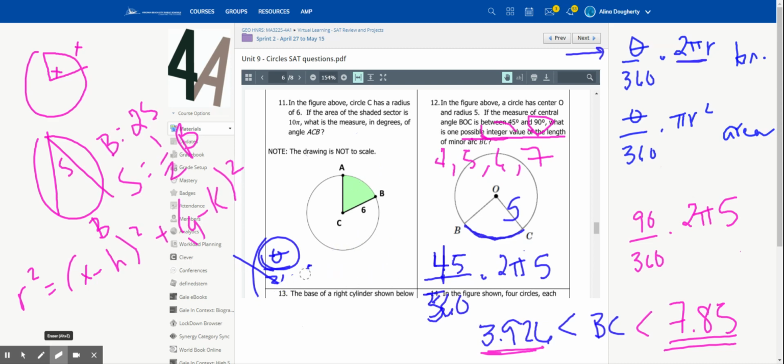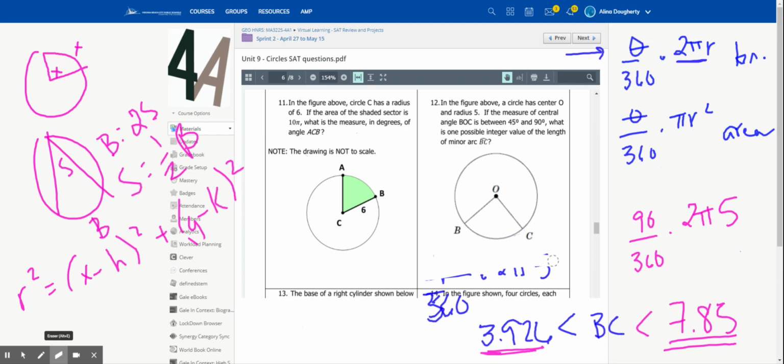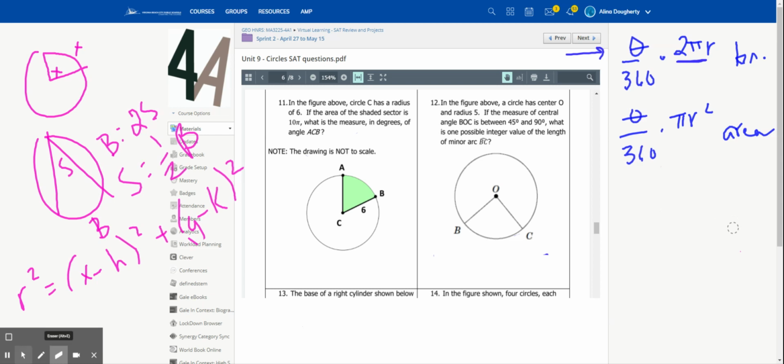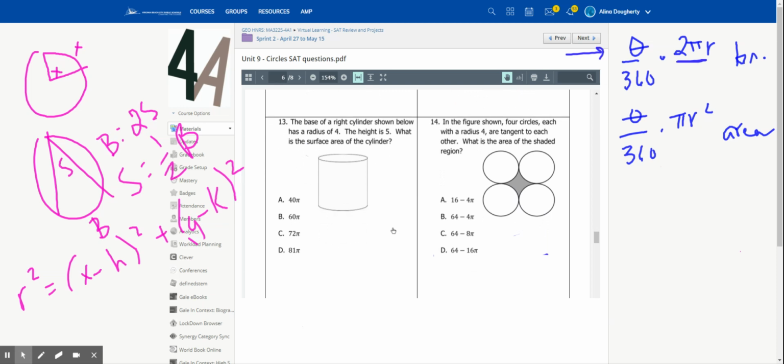Erase, erase, erase. As I'm doing these, I'm certain we're going to need to do some more practice with these, so I'll have to figure something out for us. Definitely not the most important skill, though. Really, most questions are going to come from